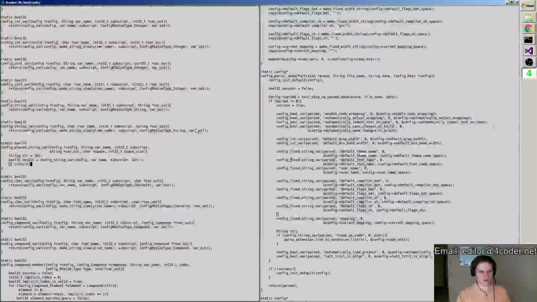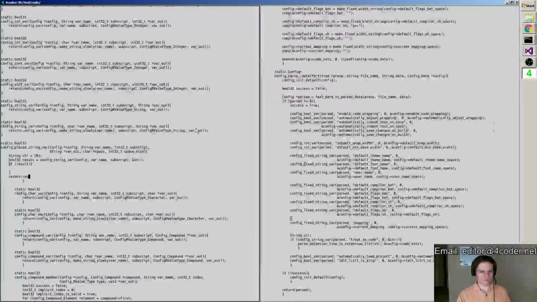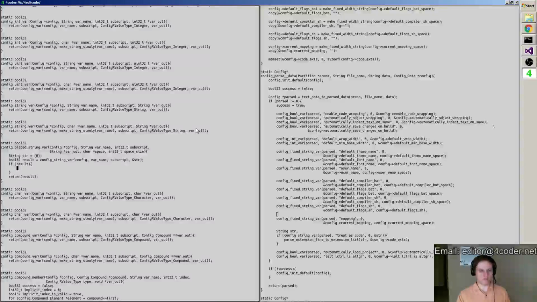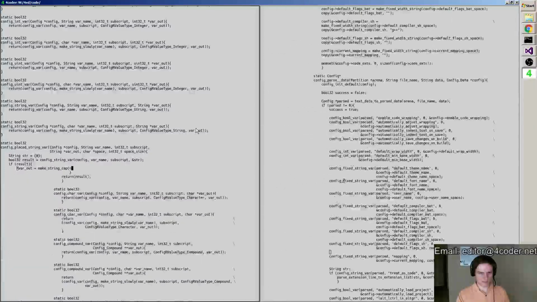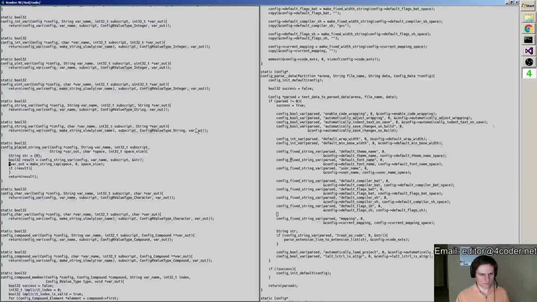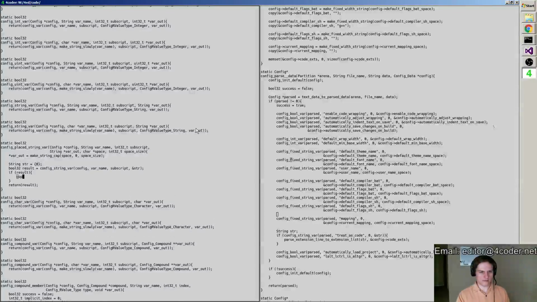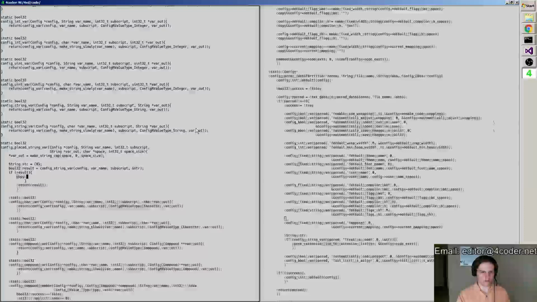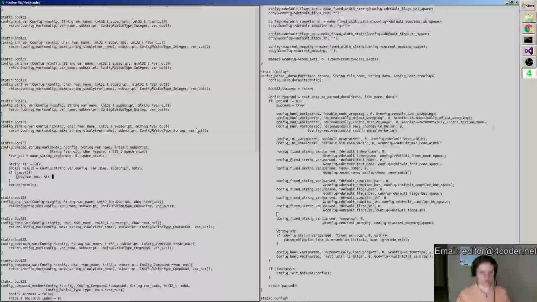And then if that succeeded, we will then do var out equals make string cap 0 size. We'll do that either way, actually. And then we will copy into var out from the string.